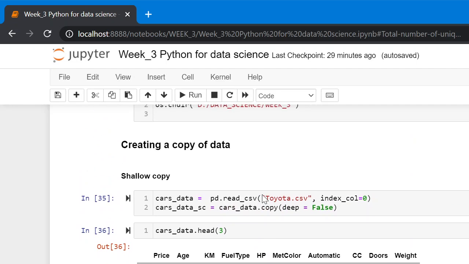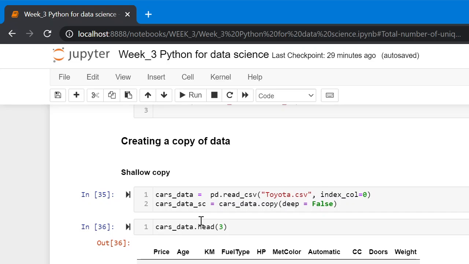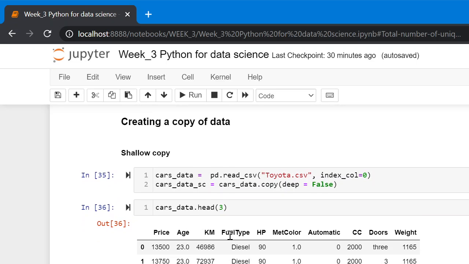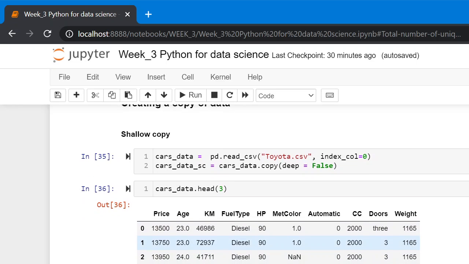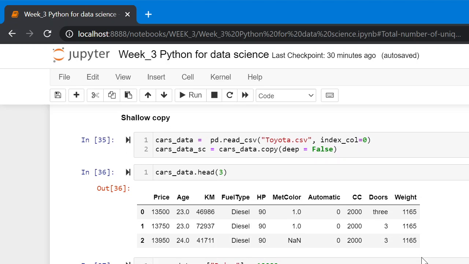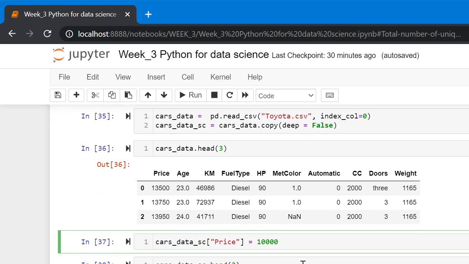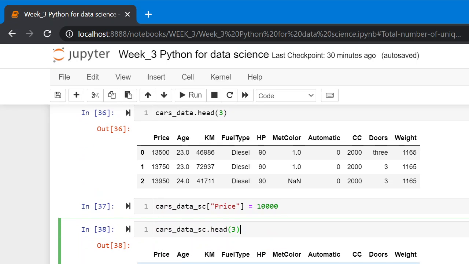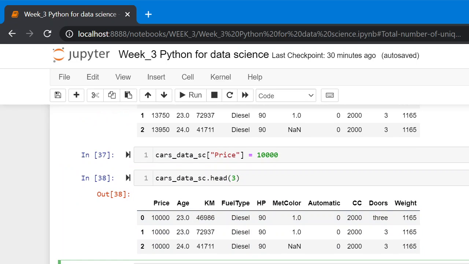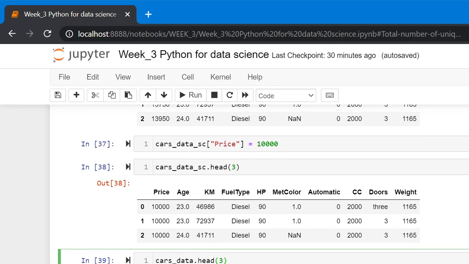As we can see here, this is the original data. We are seeing the top three rows. In the shallow copy object, we set price to some value. Now if we recheck the original object, we can see the price has been changed.